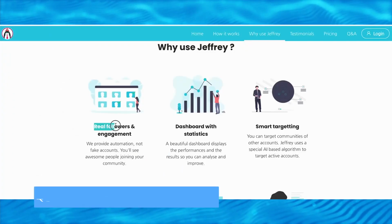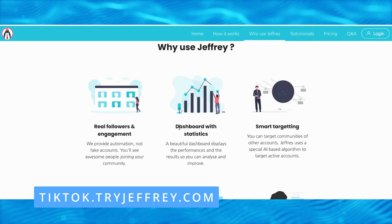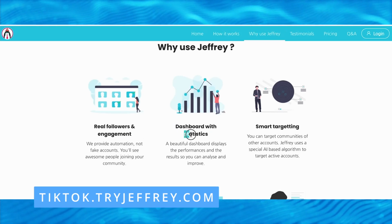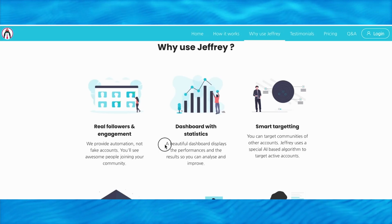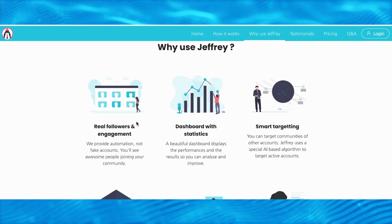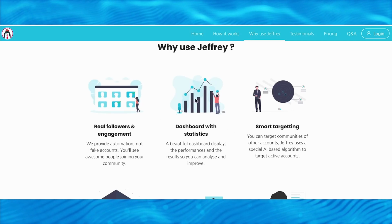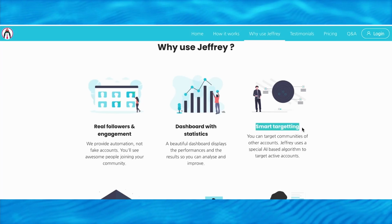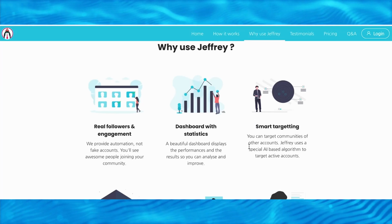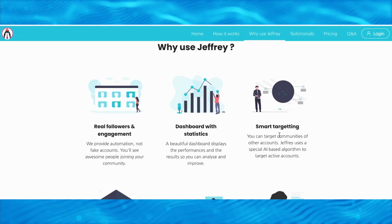So go ahead and visit the website tiktok.tryjeffrey.com. This is a tool that will help you gain genuine TikTok followers. It will automatically build your TikTok account with real engagement and real followers, but don't worry, you don't have to film any videos for TikTok and you don't even need to have a TikTok account. You don't even need to create one. So even if your TikTok is not available in your country, this will still work for you because you don't have to sign up for TikTok. You can just go to